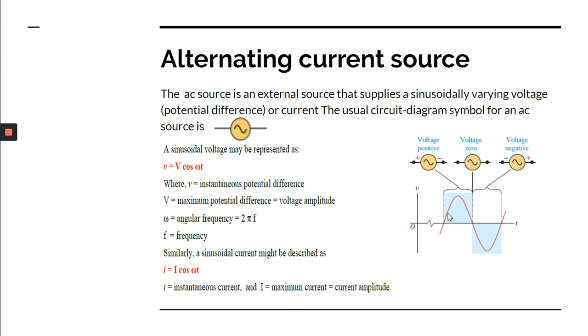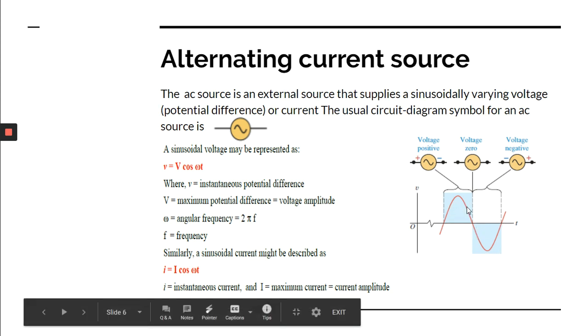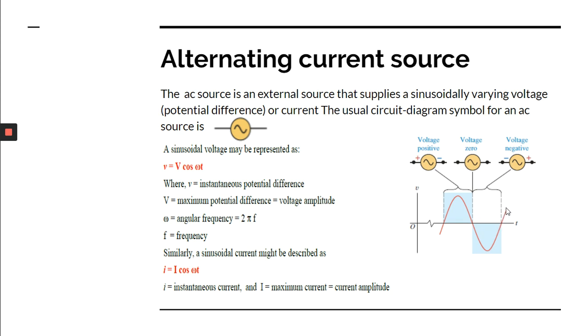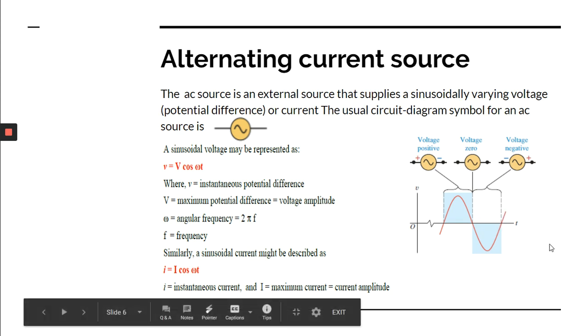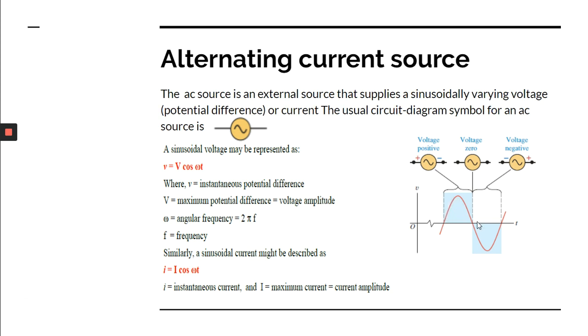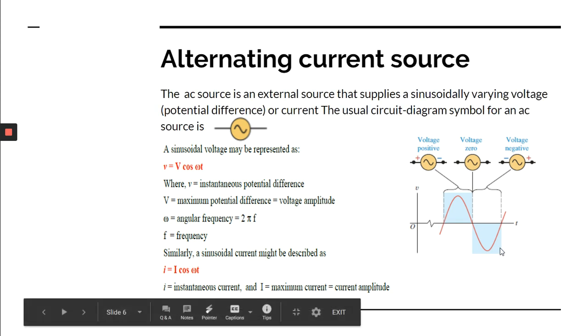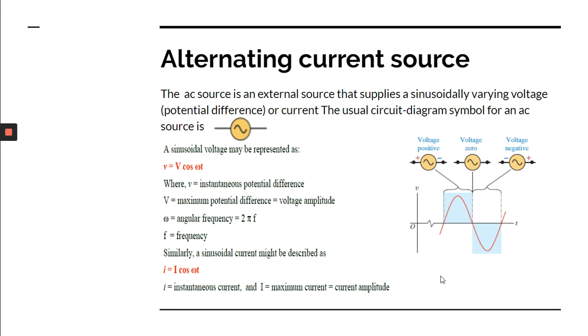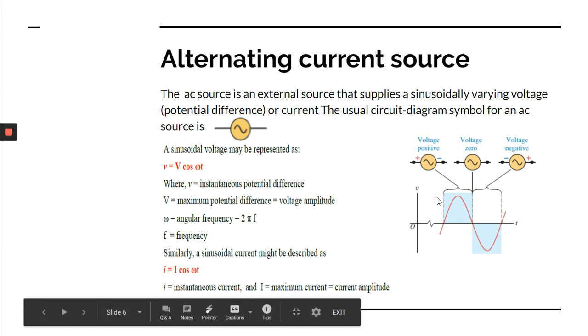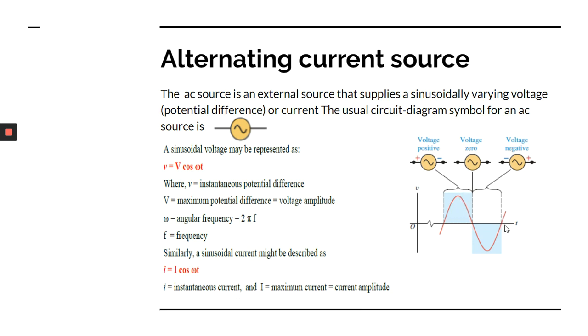That means our source supplies this voltage, which in 1 second has about 50 oscillations. Its value changes from 0 to a certain maximum value in one direction, then the maximum value in the opposite direction, then 0. But when it is written that our source supplies a voltage of 220 volt, we generally have a source of 220 volt. Then which value is 220? Is this the peak value that is 220, or the average value that is 220?